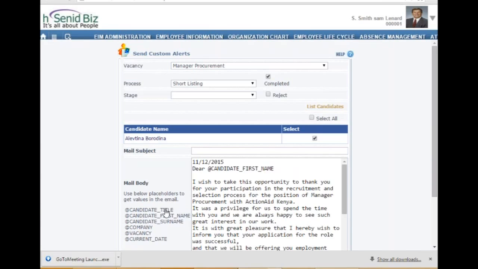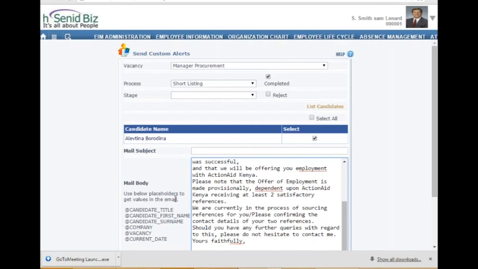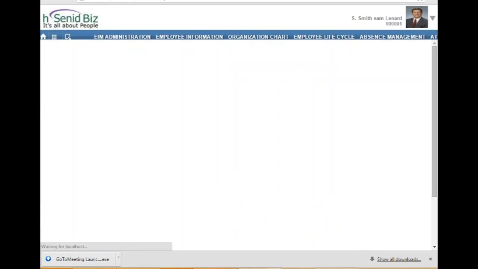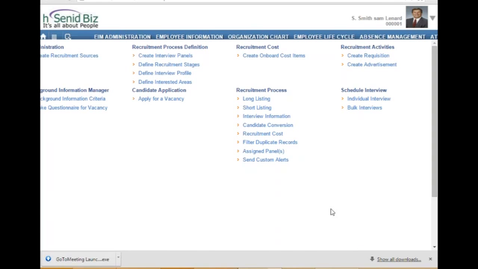You can use these tags in your email body and customize it. And you can send those alerts to these particular candidates. So those are the functions of this recruiter module.